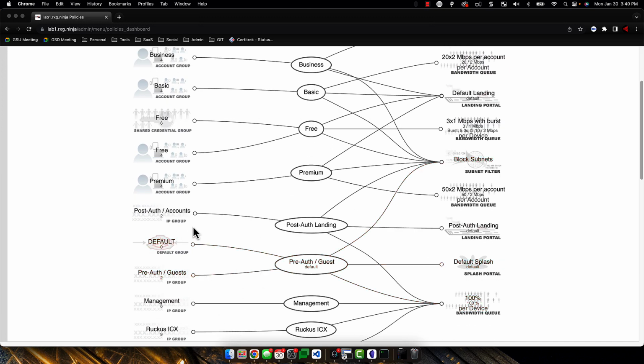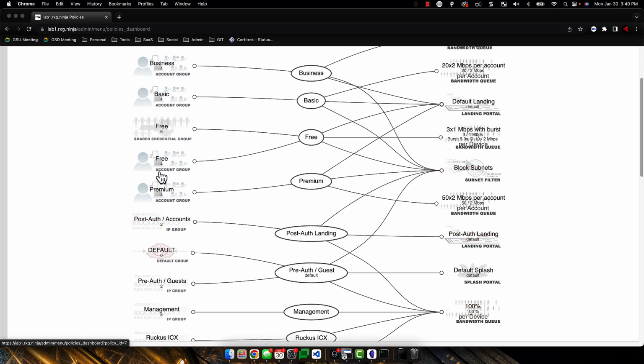And so just looking at the precedent, so we have post-auth accounts. We created this policy because there could exist a world where my device possibly hangs on to an IP address, and maybe it got set statically, or maybe my DHCP server on my device just didn't release it. But if that happens and I end up in a post-auth scenario, but I don't have a login session that puts me into one of these higher precedences, then it's going to basically use a landing